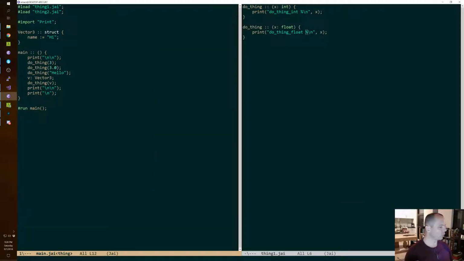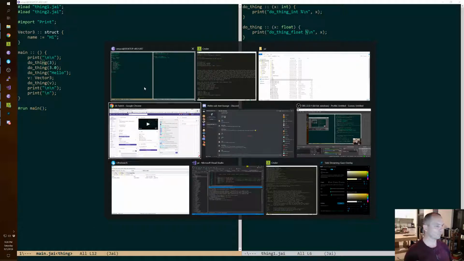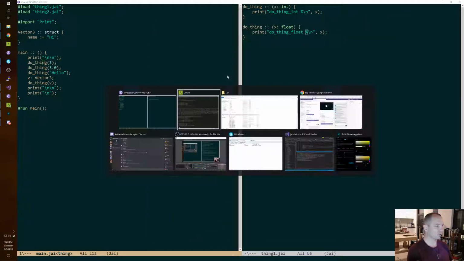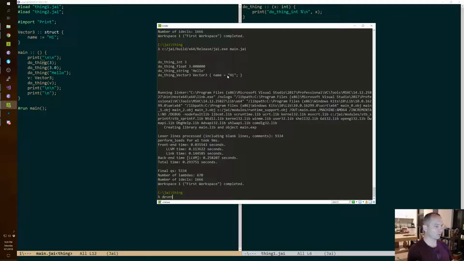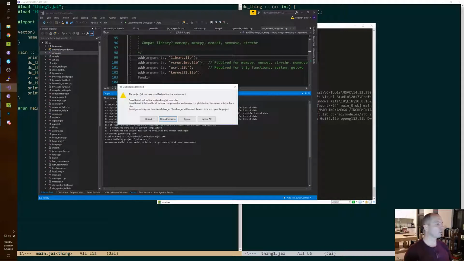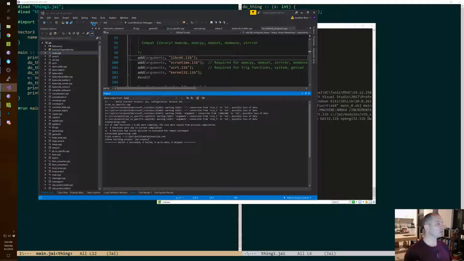Okay, our first call to do thing is on line 12. Why do I have so many shells open? No, not Sokoban. Actually, no, we just want to run the compiler, which we have open. What am I thinking?